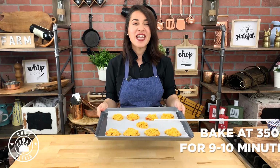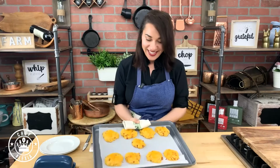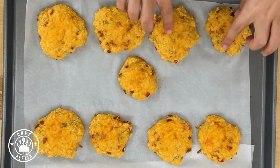We're gonna bake it for 9 to 10 minutes. Just keep an eye on them at 350. Here it is. Look at them. They became so big, right? And they're so fluffy. The most important thing is when they come out that you let them sit for another